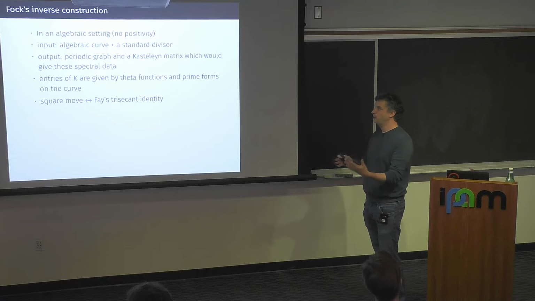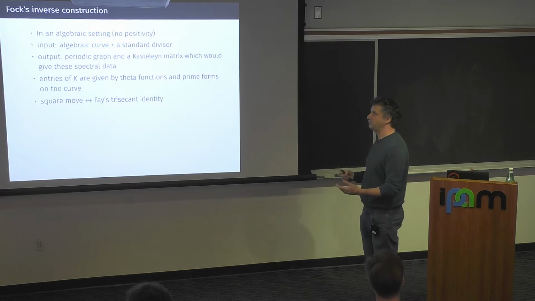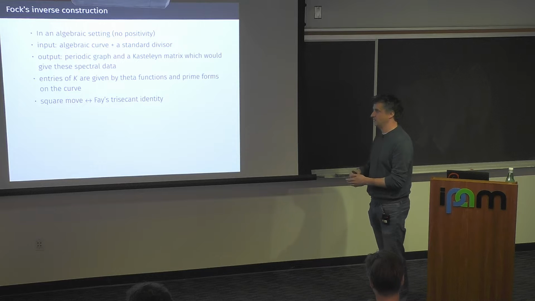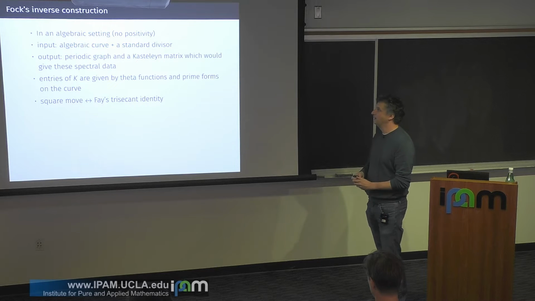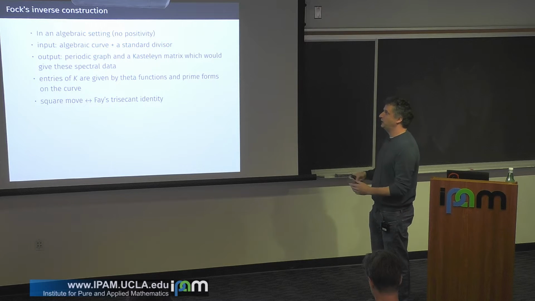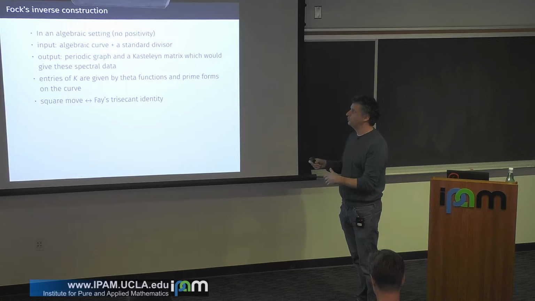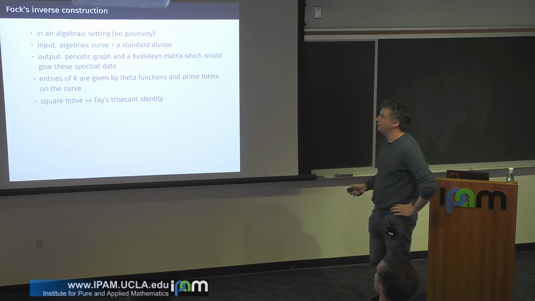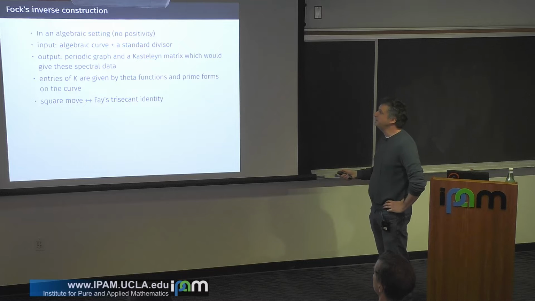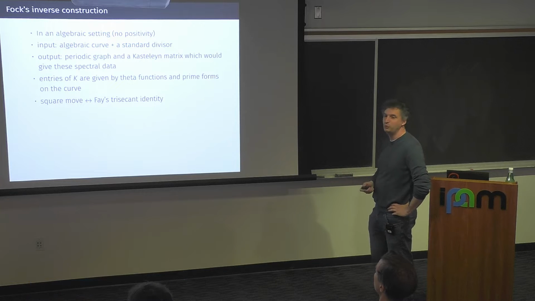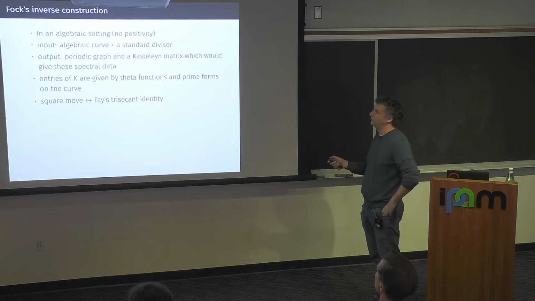So there was no positivity consideration, he was not very interested in the probabilistic setting, but what he did was taking as an input an algebraic curve with a divisor,